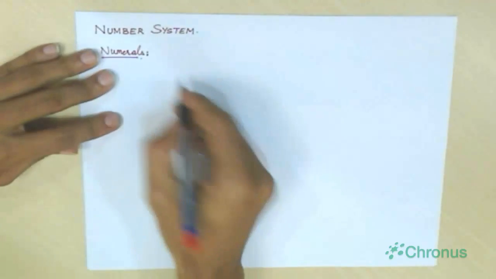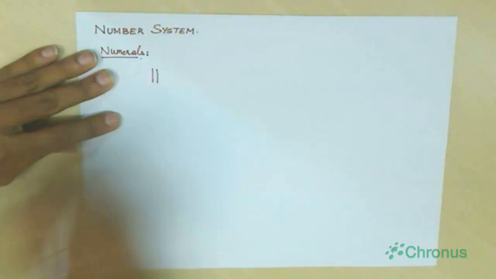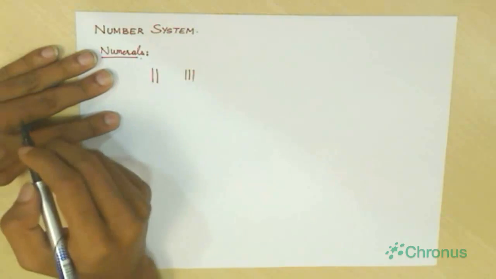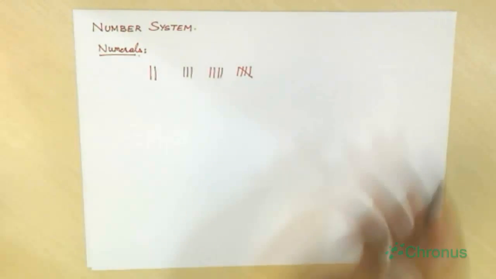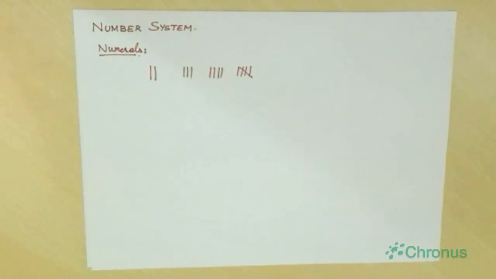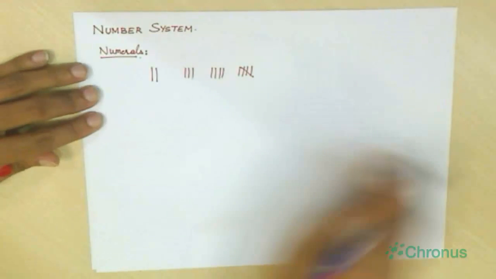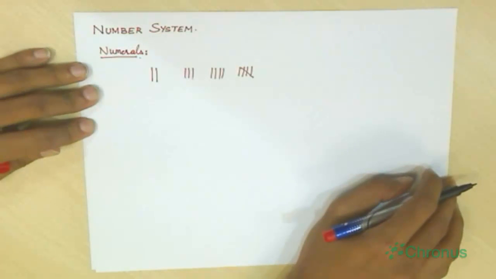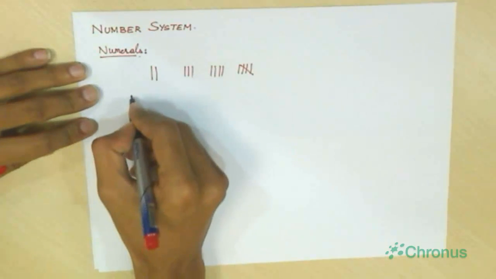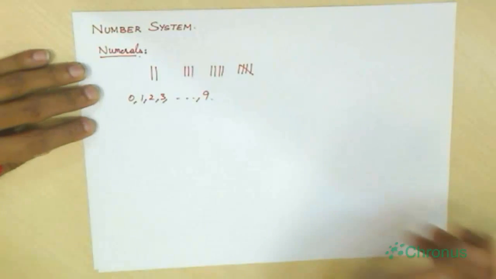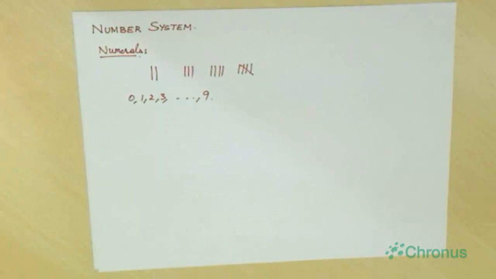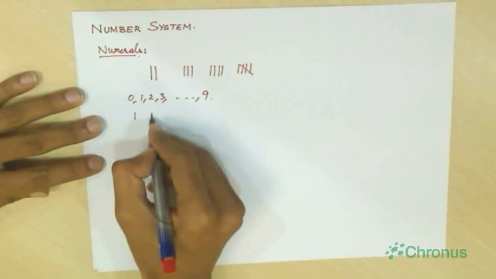See, we may say this is 2, we may say this is 3, we may say this is 4, and this is 5. So these symbols, we can call these numerals, this 2, 3, 4, 5. And the most common one which we use is the Hindu-Arabic system, 0, 1, 2, 3, so on till 9. This is a number system, and we also have the Roman numeral system,